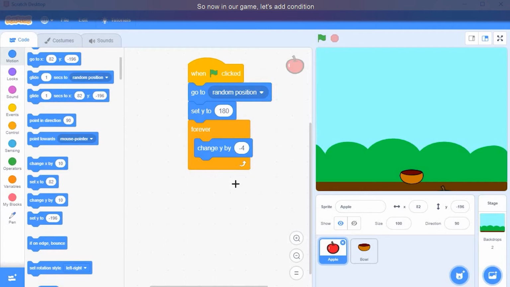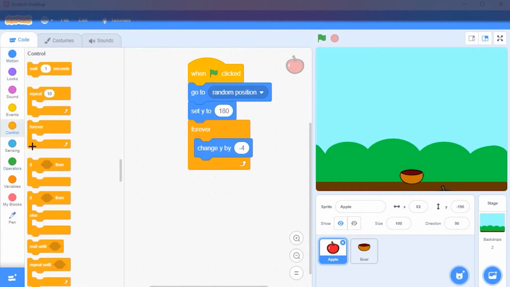Now in our game, let's add condition. If apple touching bowl, then add score. Okay. And when it is touching, then again we will hide it and then it will go to the top position. Okay. So let's add that condition. Control if.